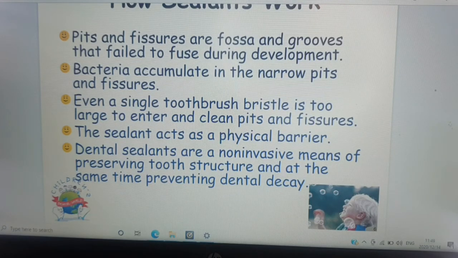And then even a single toothbrush bristle is too large to enter and clean these pits and fissures, which is what we find in our patients. The sealant then acts as a physical barrier between the coronal aspect of the tooth as well as the bacteria that has accumulated in our patient's oral cavity. So dental sealants are a non-invasive means of preserving tooth structure and at the same time preventing dental